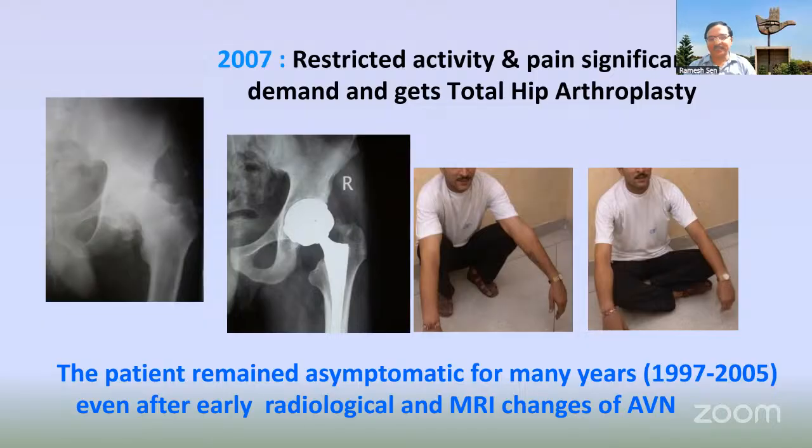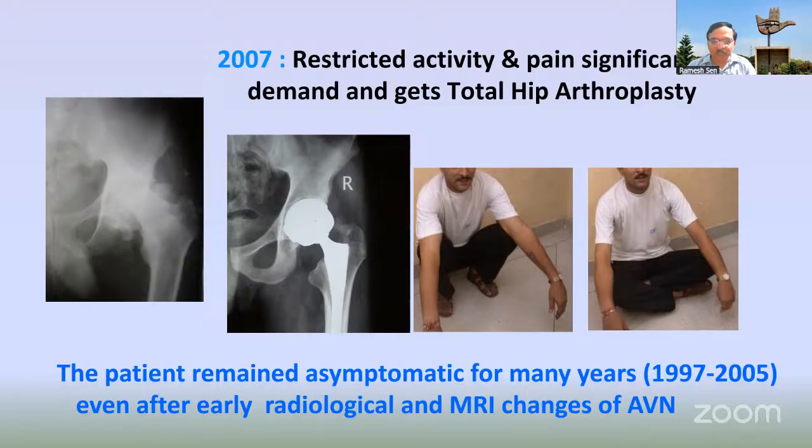Now he became symptomatic, and it was in 2007 when he came for arthroplasty, and I did the surgery for replacement at that time. The issue is that when he got the MRI diagnosis, and our anticipation so early, he was quite okay for many years. So whatever we may think about AVN, for many years it may remain asymptomatic. And so any evidence of a management given in a short time, say 6 months, 1 year, 2 years, may be relevant, may be irrelevant.